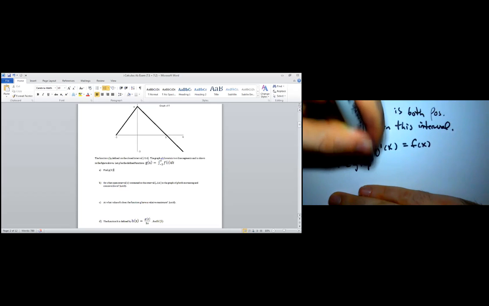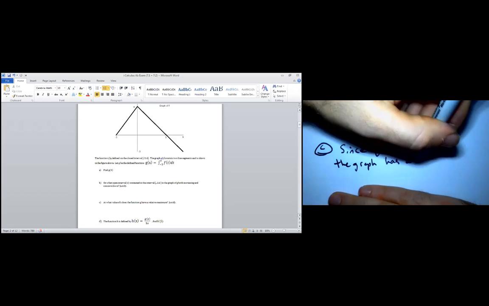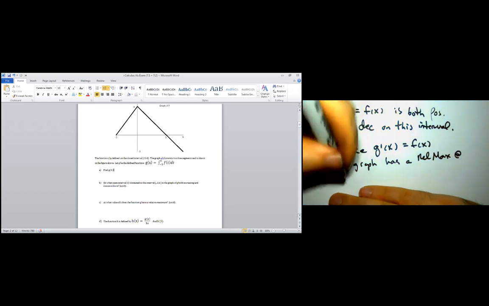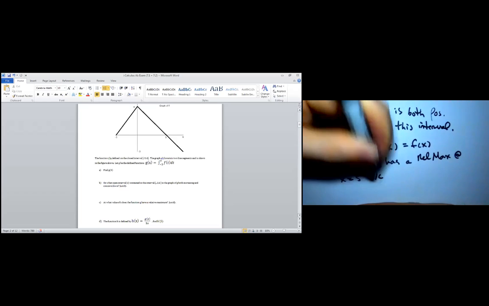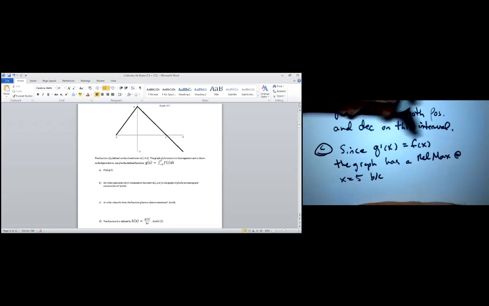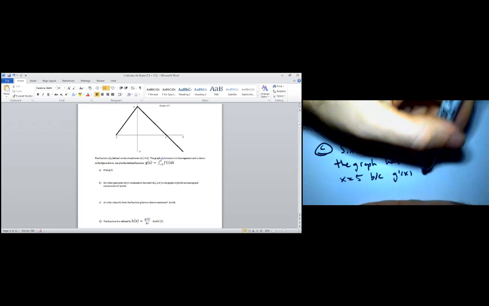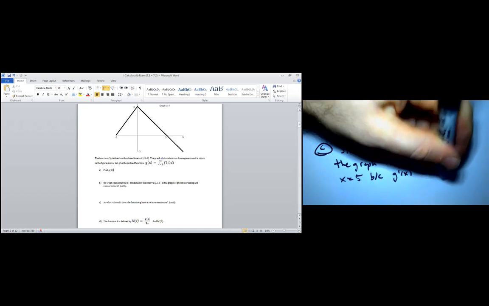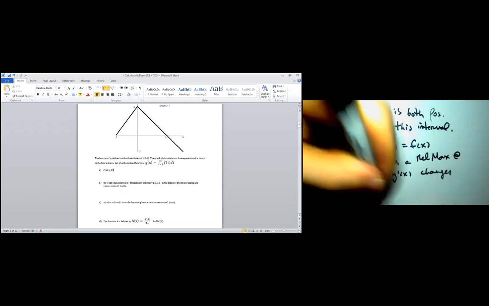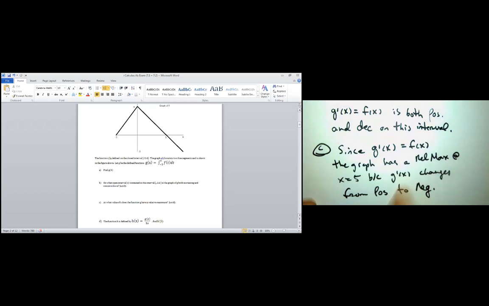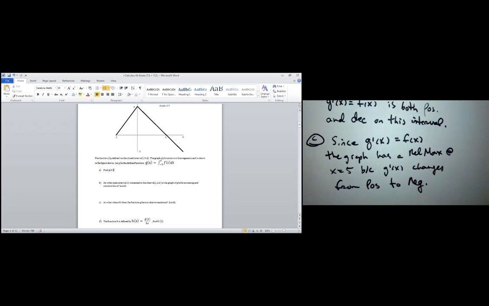The graph has a relative max at x equals 5, because I always just say g prime equals f. That to me just summarizes everything, but g prime of x, you could probably say g prime of x changes from positive to negative. The important part is you just identify g prime because it's asking you about g. So because g prime of x changes from positive to negative,